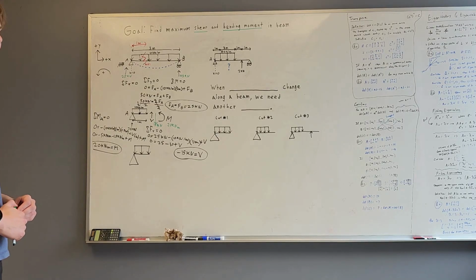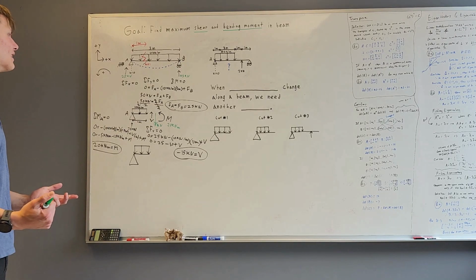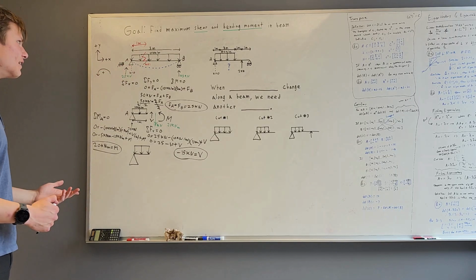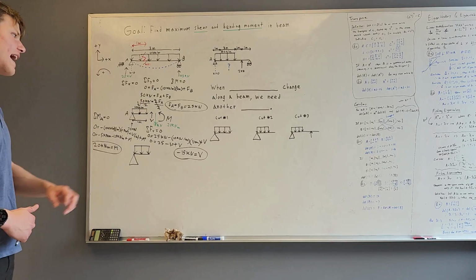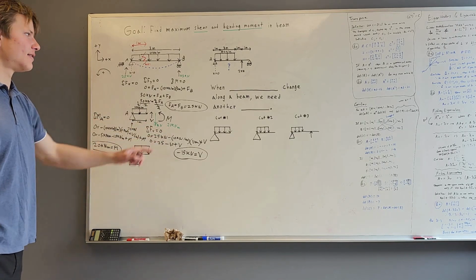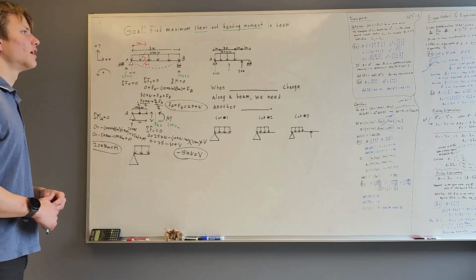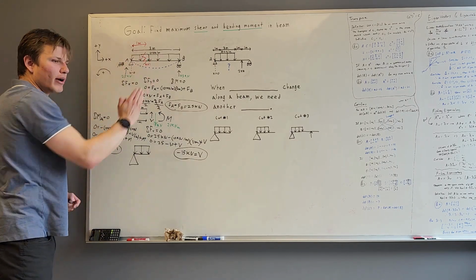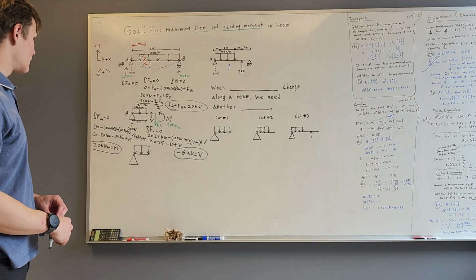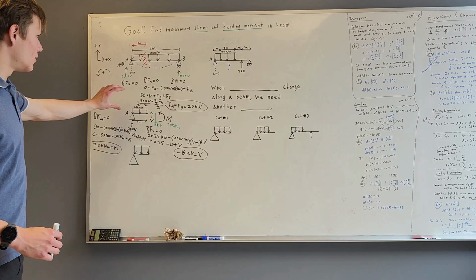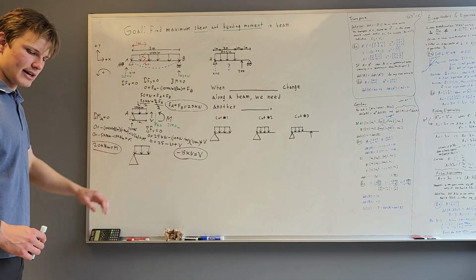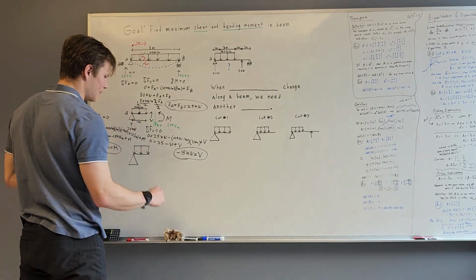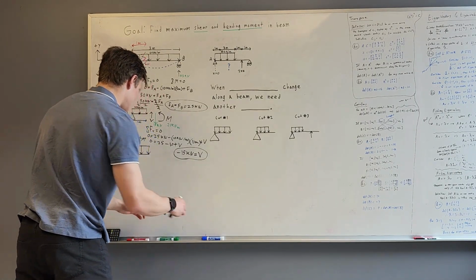And so, at first glance, this isn't very useful because at 1 meter, this point doesn't really matter to us. It's just a random point in our beam. We don't really care about these values, but this sets up the framework for finding an equation for the shear and moment at any point along the beam. So, what I want to do now is repeat this process, but instead of labeling that distance as 1 meter,